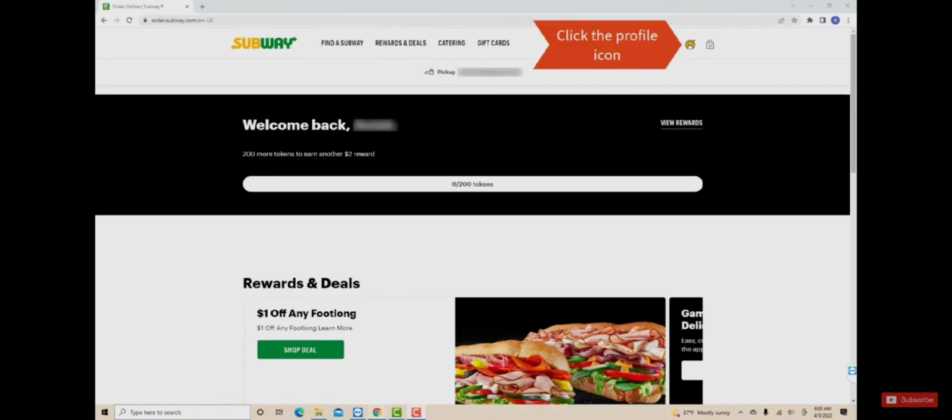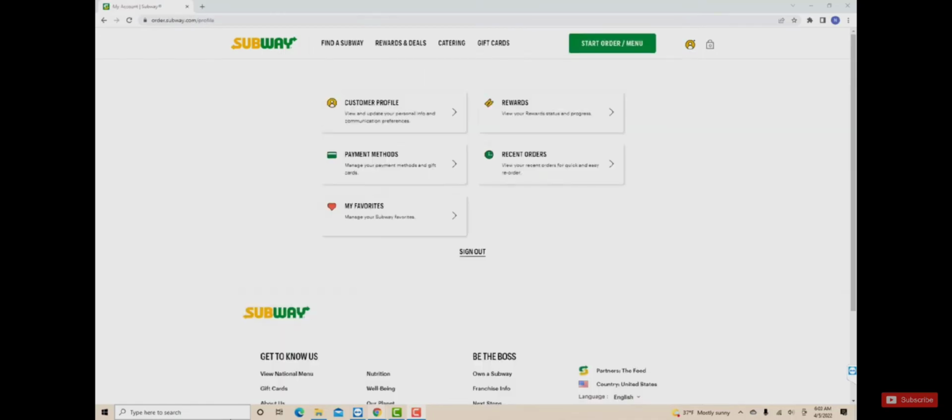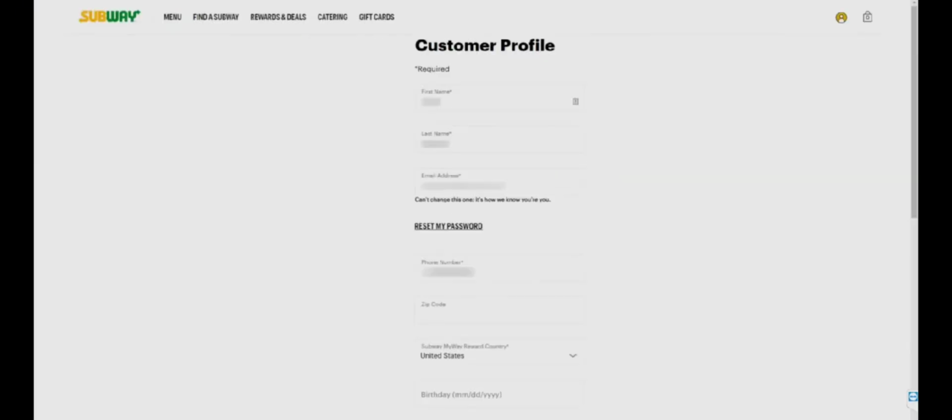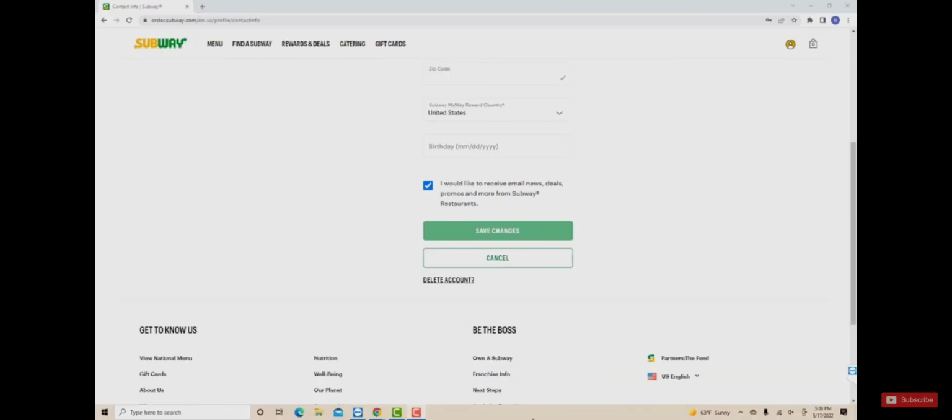So after that, you need to click the profile icon once again, which will then give you several other options. So now simply choose the customer profile option and fill in the necessary details that are required. So once you do so, all you need to do is click on the dialog box and click on delete